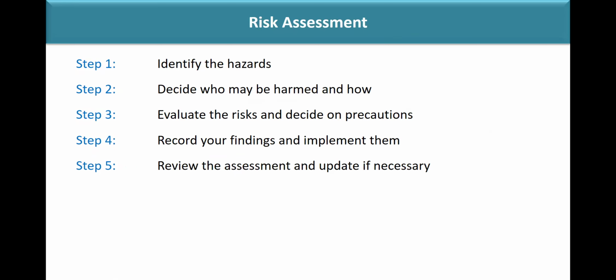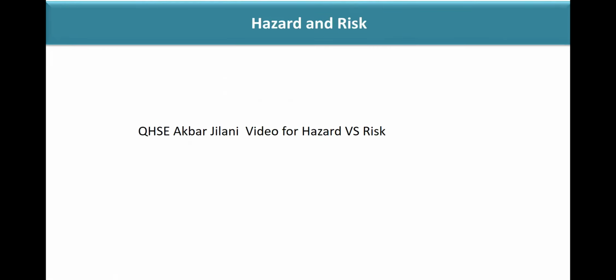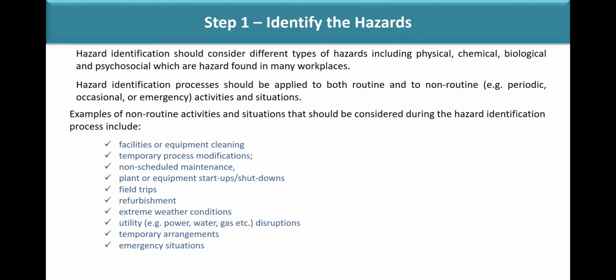Step 3, because in the step 3, how we calculate the risk for the particular activity, means the risk rating. This should be clear. And how we will give the rating, probability and severity. Now, we have one video. You can have this from the hazard and risk. What is the difference between hazard and risk?